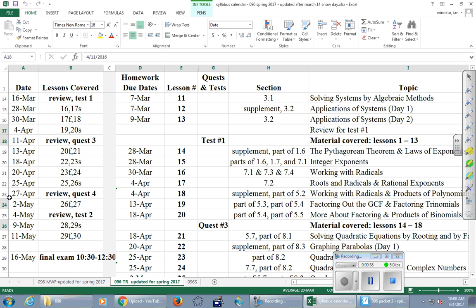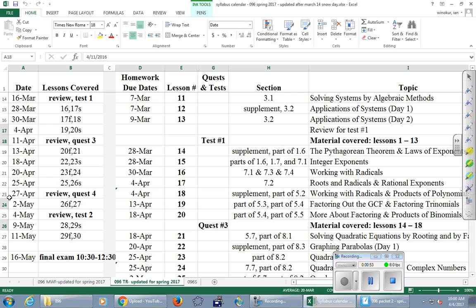You'll see that there's no meeting this coming Thursday. Why not? Advising day. So meet your advisor and get registered for the fall and/or summer. But there are no day classes this coming Thursday. The next time we meet will be a week from today, which is when we will review and take quest